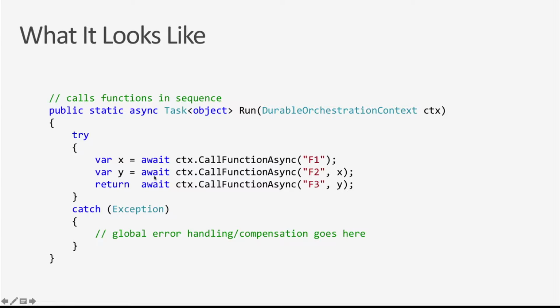Once that's completed, I'm going to call function F2, and I'm even going to pass it some data. I'm going to pass it the result of my first function and chain that to my second function. And then finally, I'm going to call function F3 once this function's done, and I'm going to pass it the result of that. So I'm starting with F1, and passing through sequentially the data from all of my different calls, until finally I'm going to return the result.